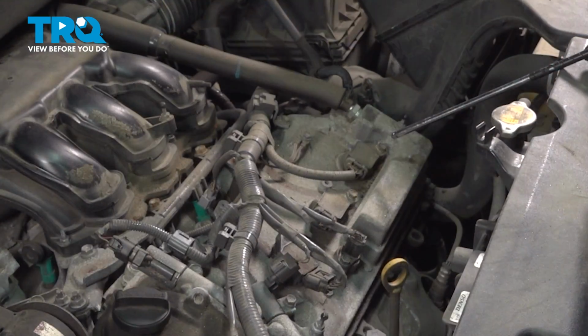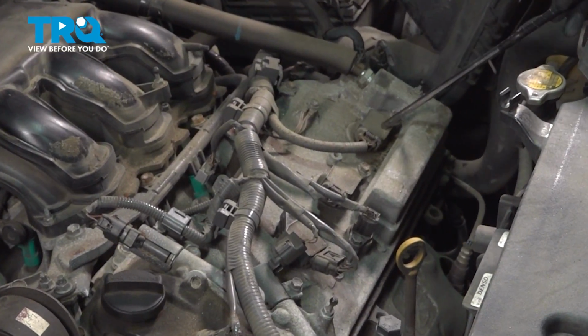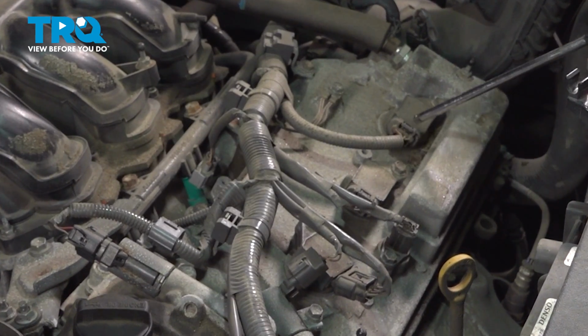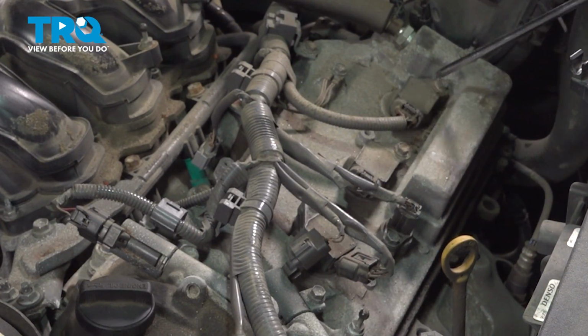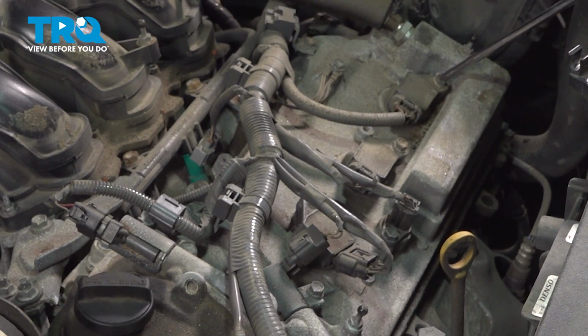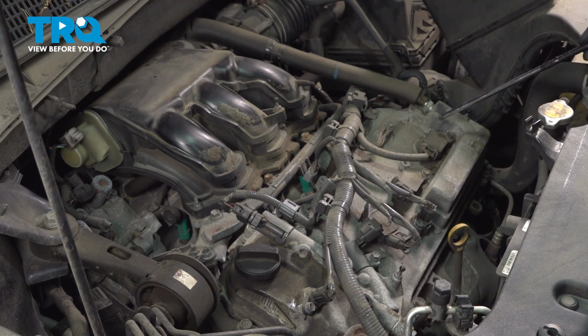Put that out of the way. The front 3 ignition coils are located just here. The process for doing these is taking the connector off, squeezing this clip and pulling back, and then taking off this 10mm bolt, and then the coil will slide straight up. The ones on the back are a little more difficult to get to, and that is the one that we